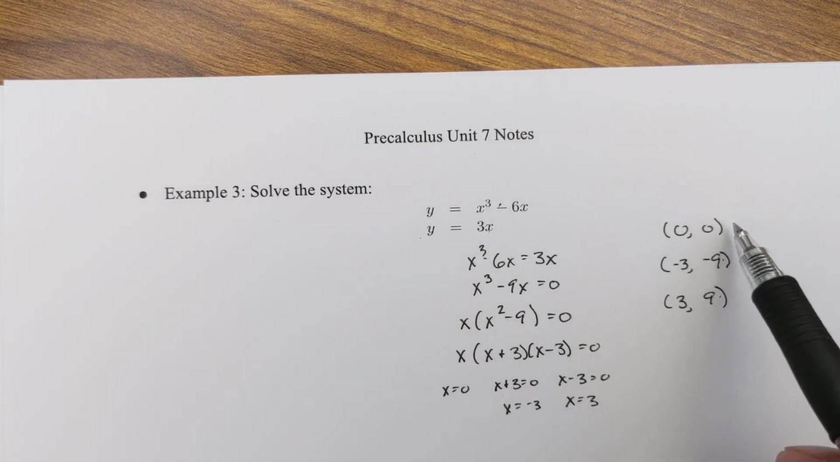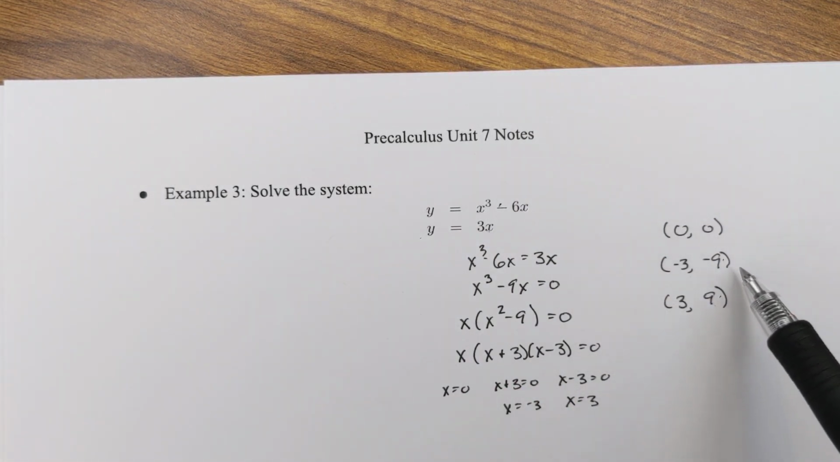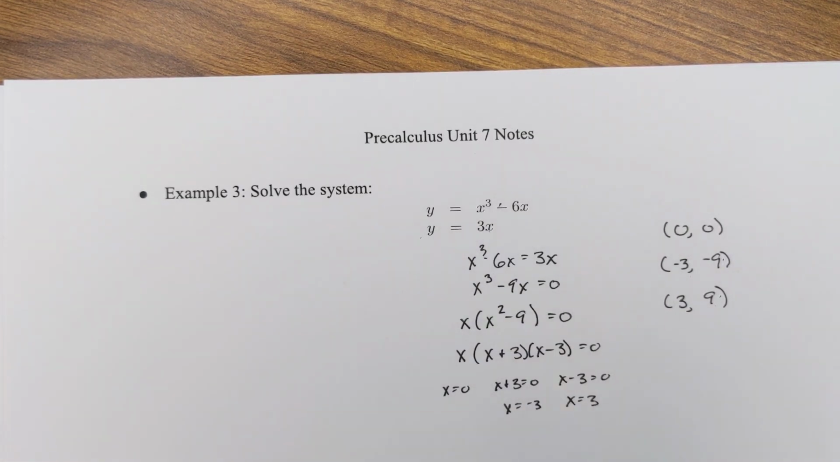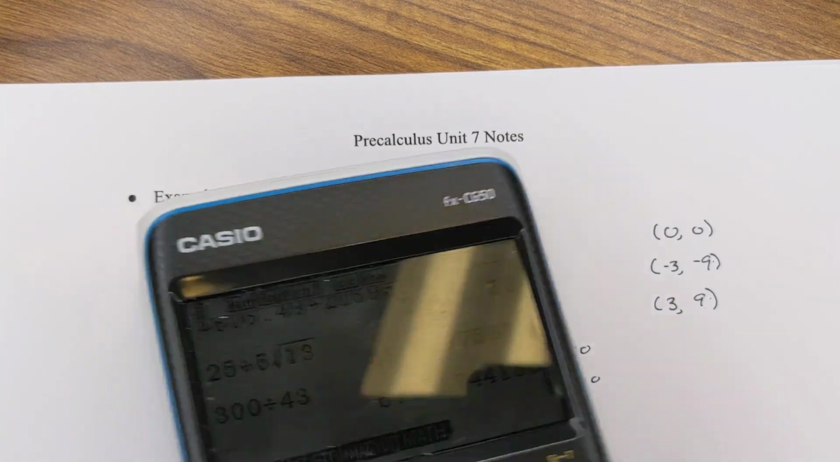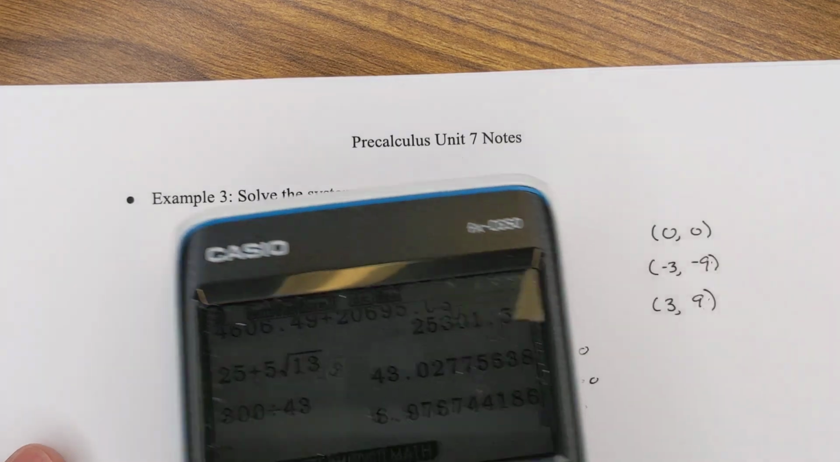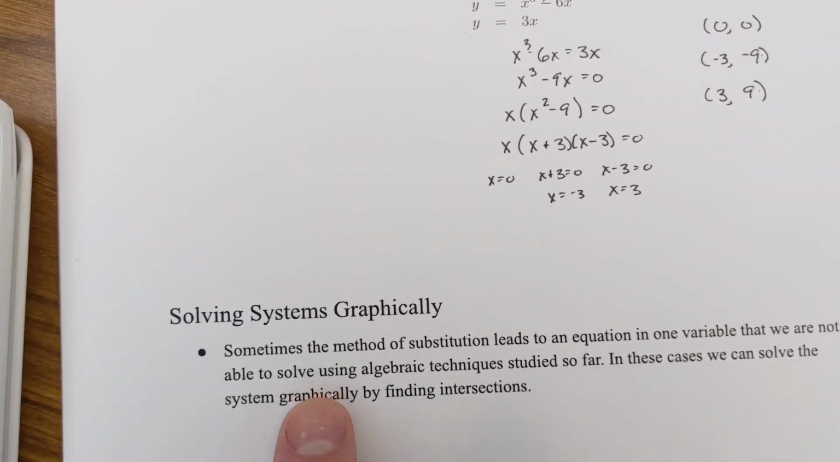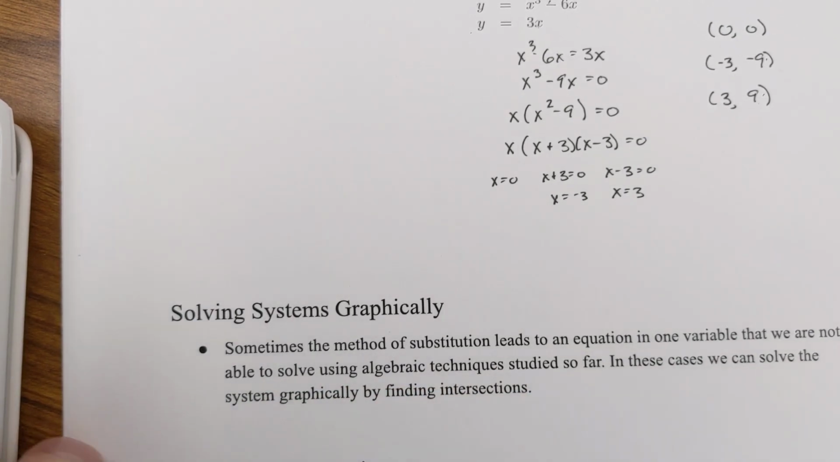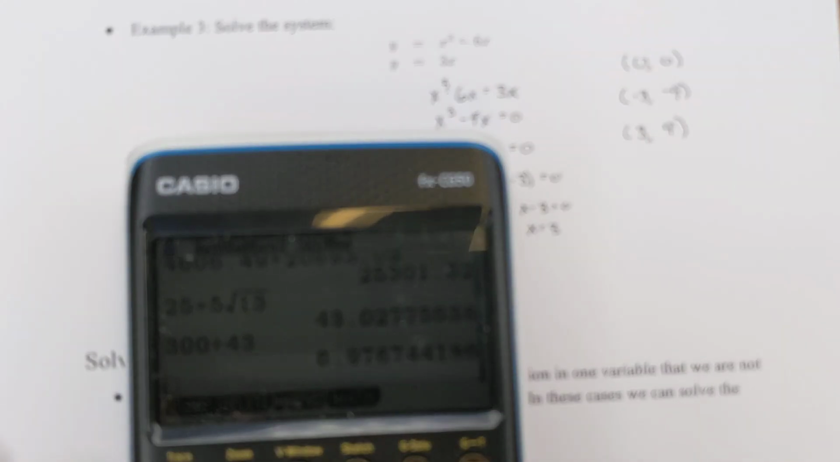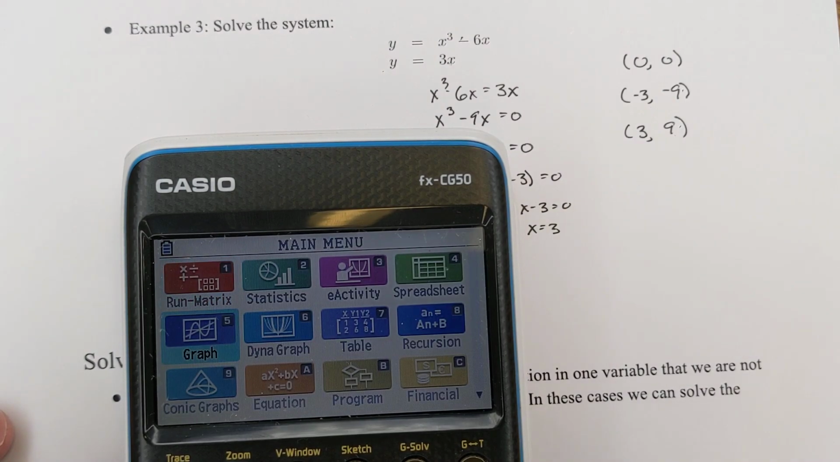So that means this system has these solutions. And if you actually graph these two equations, which talks about solving the equation graphically down here, in cases where we are not able to solve using algebraic techniques, we can solve this graphically. So if you look at these two equations, if I graph them,